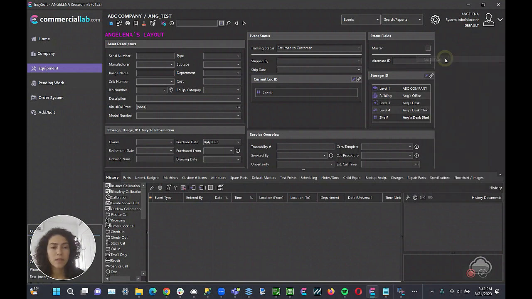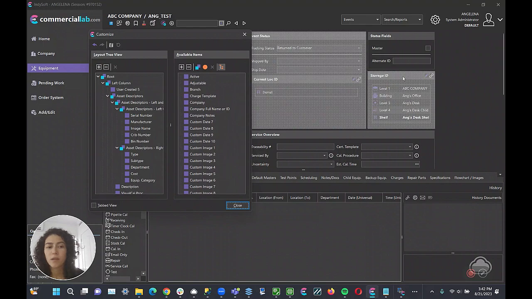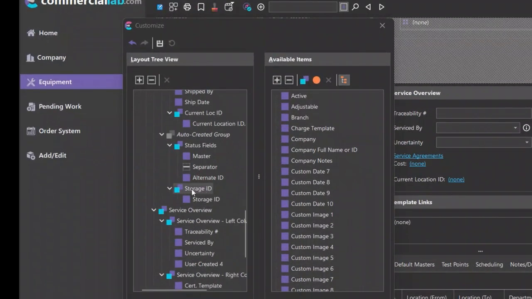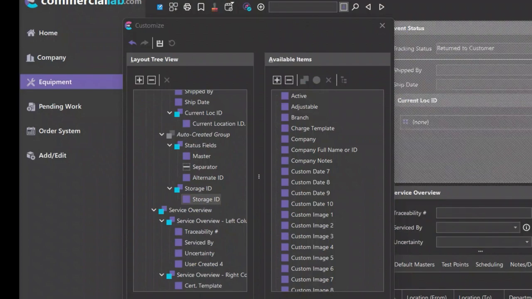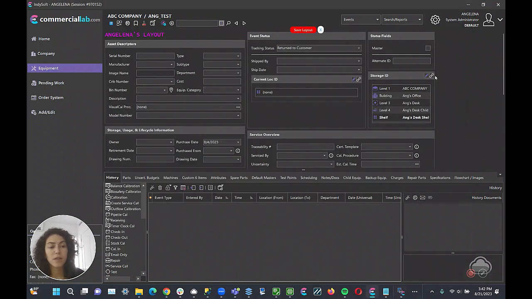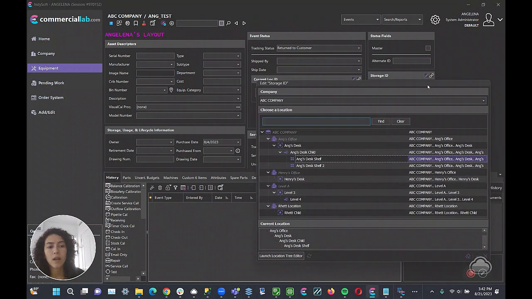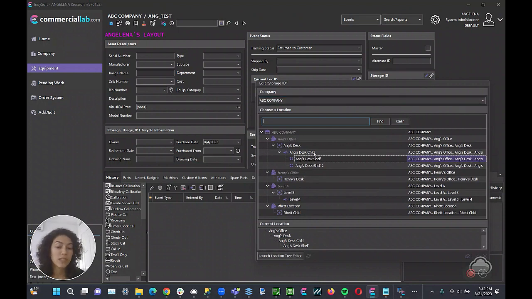So if you customize as a system administrator, you'll see you search around for a new group. There is one called storage ID. So the group is storage ID, and there's one dynamic field underneath called storage ID. This grid automatically will adjust for us. So if I go back here and I change my location, I'm going to see the location tree structured grid essentially,